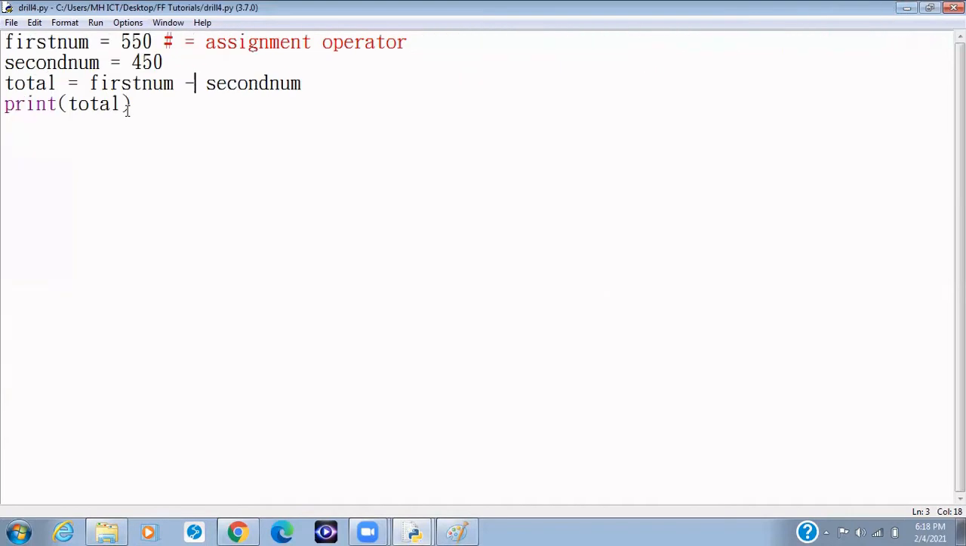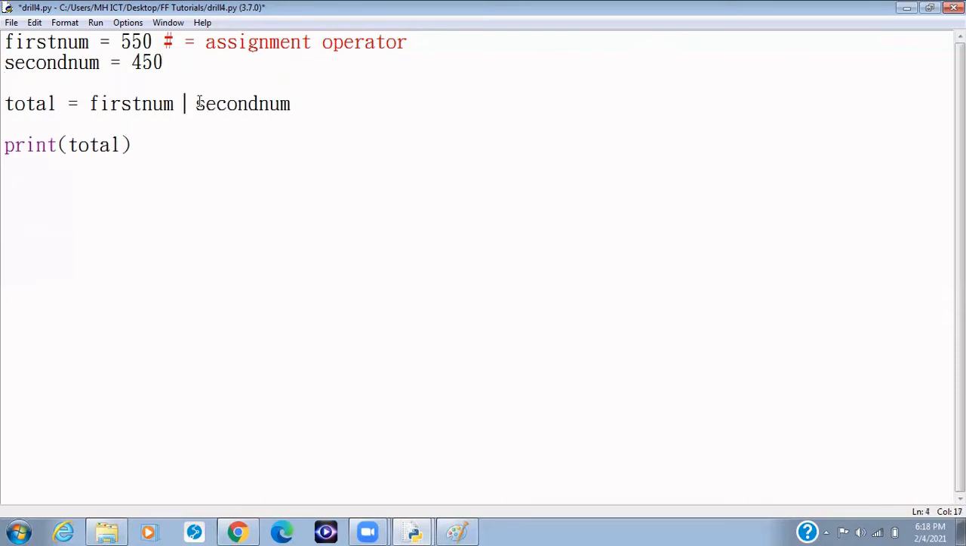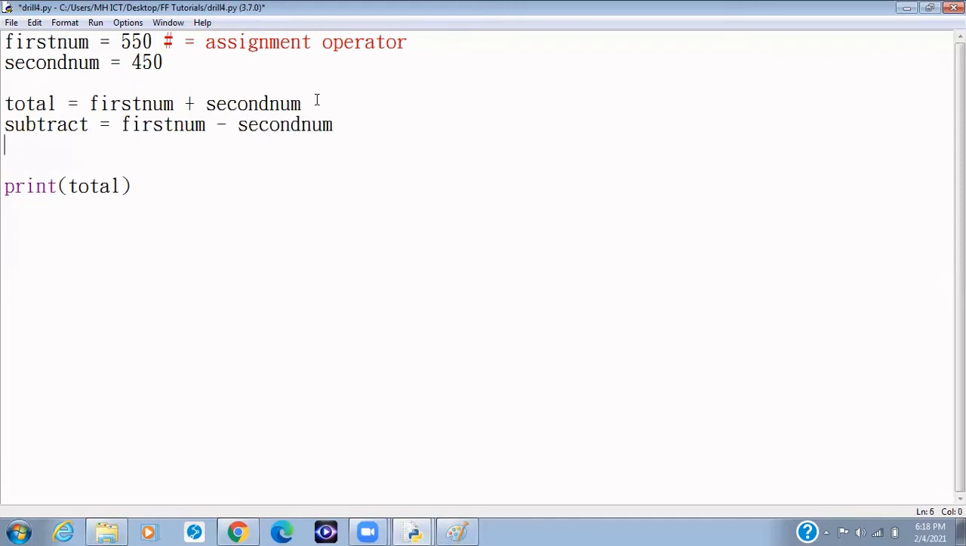It's just so simple. Now to do multiplication also, let's create other variables that will store different operations. Let's say for example we want to use total for sum, and then I want to declare another variable called subtract for minus. So first num minus second num. You see that? And then I want to use divide for the third one, which is first num